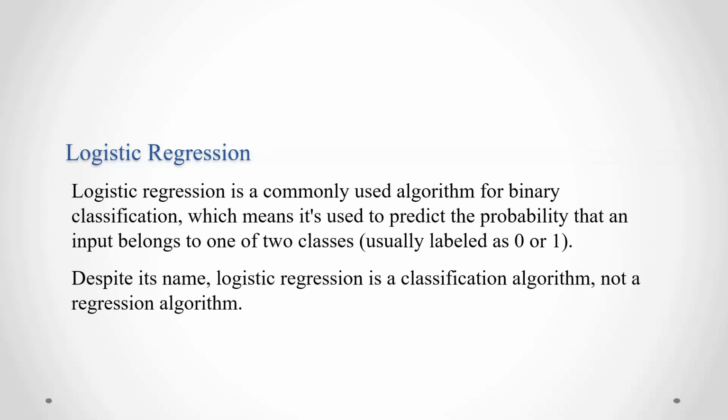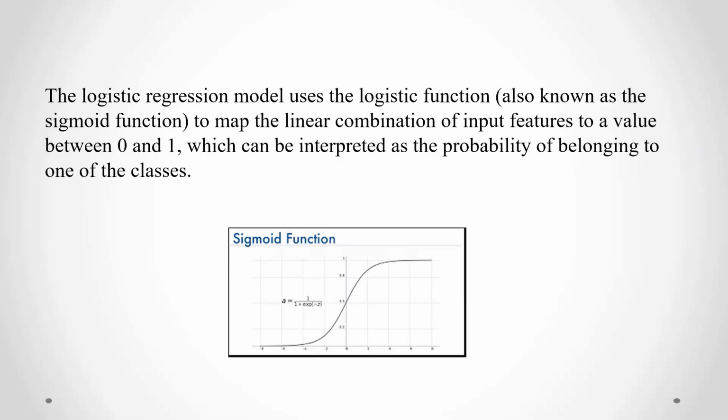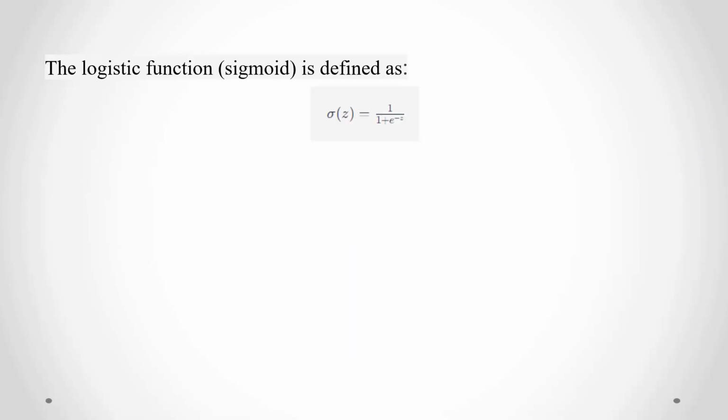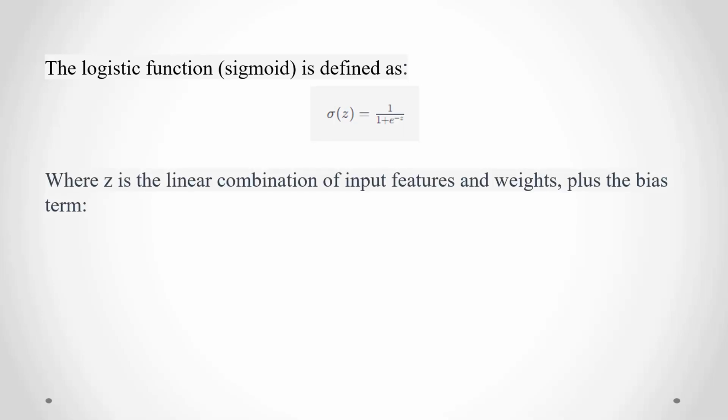Logistic regression model uses the logistic function, also known as sigmoid function, to map the linear combination of input features to a value between 0 and 1, which can be interpreted as the probability of belonging to one of the classes. The logistic function is defined as sigma of z is equal to 1 upon 1 plus e to the power minus z, where z is the linear combination of input features and weights plus the bias term,